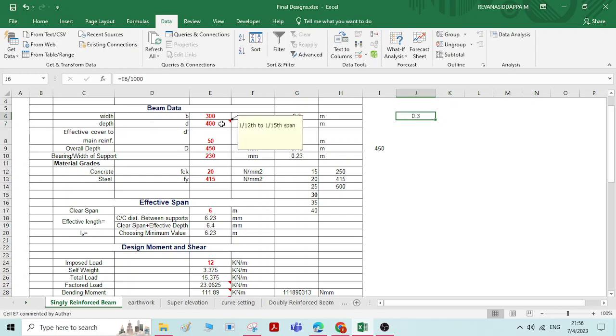Similarly, if you want to convert this 400 mm to meter and 50 mm to meter, just drag down, it will automatically convert the other values from millimeter to meter. You just have to convert one number from millimeter to meter, and then drag down so that other values get converted into meter. So these values are needed for the further calculation. Okay,